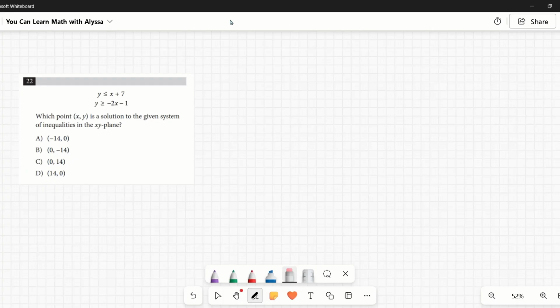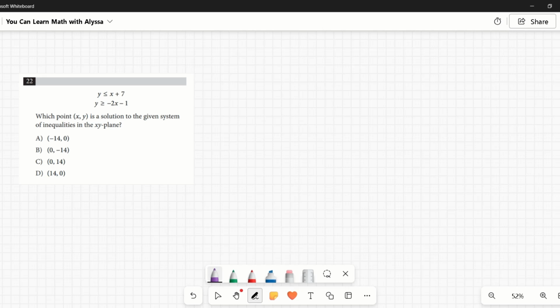Right, number 22. Y is less than or equal to x plus 7, and y is greater than or equal to negative 2x minus 1. Which point xy is a solution to the given system of inequalities in the xy plane? When you are trying to find a solution to a system of inequalities,